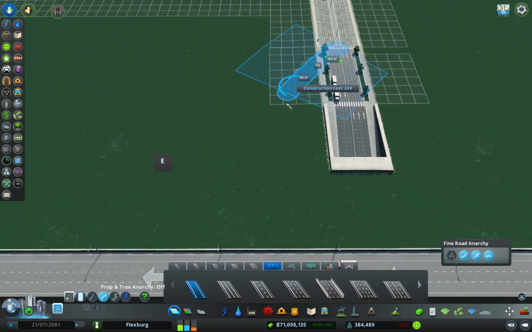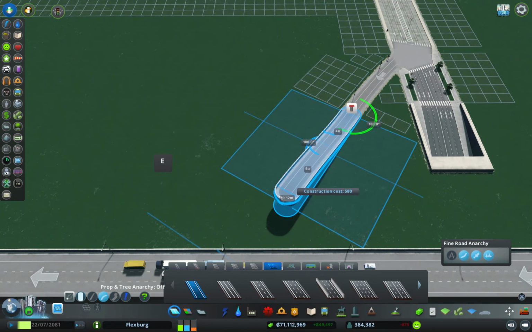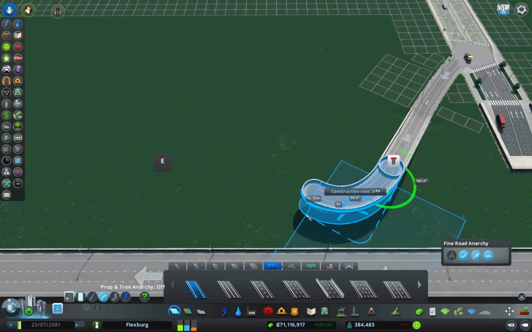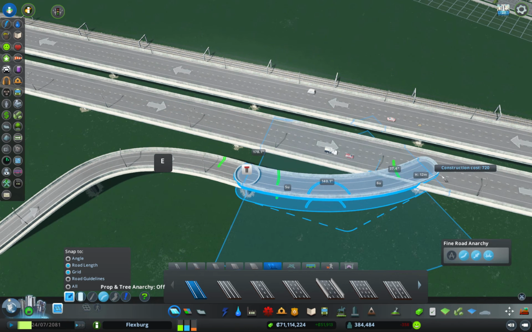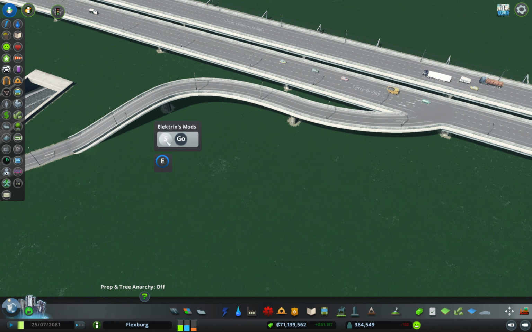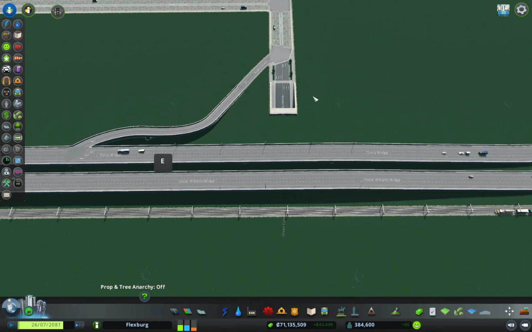Let's get curviness. Oh my goodness. Oh my goodness. All of these need to not be snapping to angles. How about like that? Decent. Better. Now what we could try to do is restrict, like do a little bit of